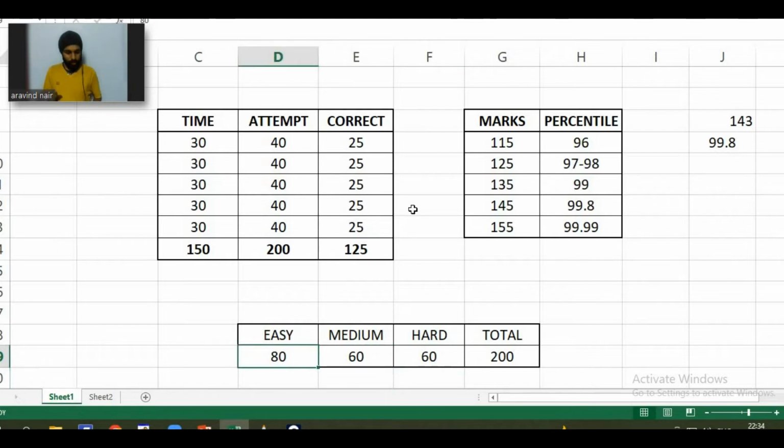And the worst thing that can happen is obviously 60 easy questions and 80 hard questions. There is a good chance you can get 30 or 40 easy questions, but I don't think it will be 80 or 100 hard questions. The range of medium questions will be higher in this type of scenario. I don't think 80 questions will be hard. It has to be somewhere around 70, 60, maybe 50 hard questions.